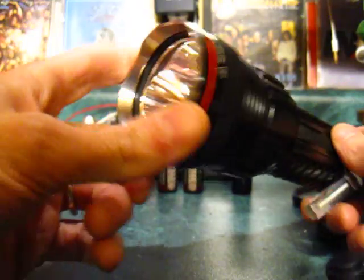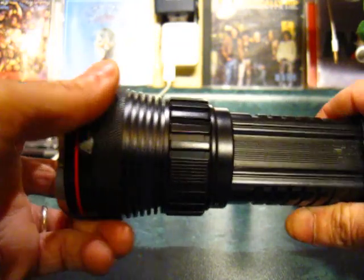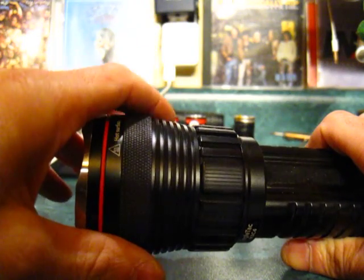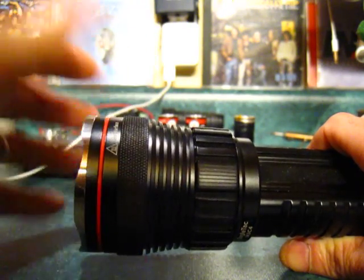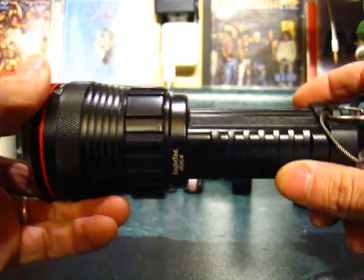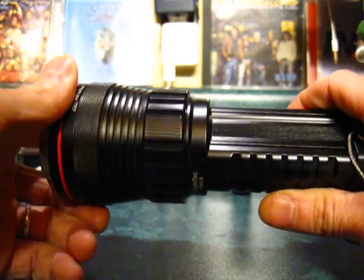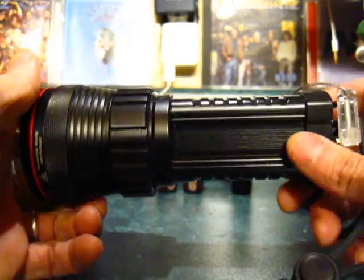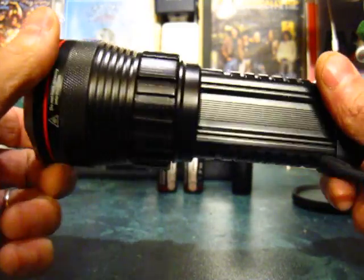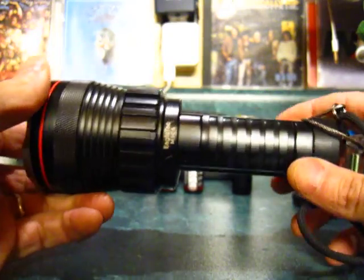Also bear in mind that when I show you the beam shots on this, in real life it'll look different. The camera won't capture the lumens and the light intensity 25-30 meters ahead. It just won't pick it up. In real life, this thing will shine a lot farther and a lot brighter than it appears on camera. But in the close-up range, it'll show maybe a big hot spot that isn't so pronounced in real life. So this thing's more powerful than the camera's giving it credit for in one way, and makes it seem more powerful in another way. But just keep in mind that this thing lights up my whole yard, and you can take that for the honest truth. And if you're looking for a floody light,